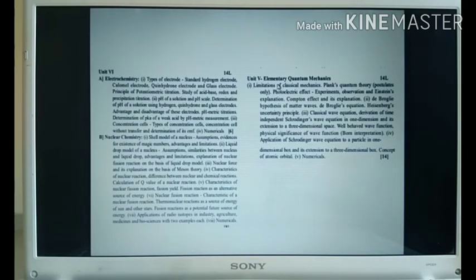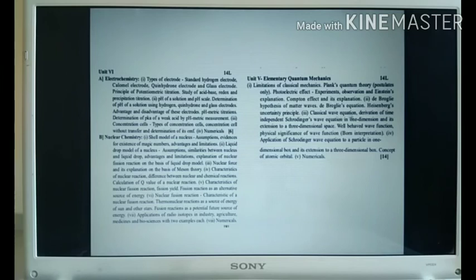Here unit 5, elementary quantum mechanics. In this unit we will have to study some classical mechanics in which we will have to study Planck's quantum theory. क्वांटम थियरी हमें स्टडी करना है इस यूनिट में. उसमें फोटो इलेक्ट्रिक इफेक्ट है, कॉम्पटन इफेक्ट है, डी ब्रॉगली हाइपोथेसिस ऑफ मैटर वेव्स है, उसमें हेजनबर्ग अनसर्टेनिटी प्रिंसिपल हमको स्टडी करने हैं, कि जो अब तक आपने कहीं पढ़े होंगे जिसको हमको और अच्छे से पढ़ना है ये 5th यूनिट में. Then classical wave